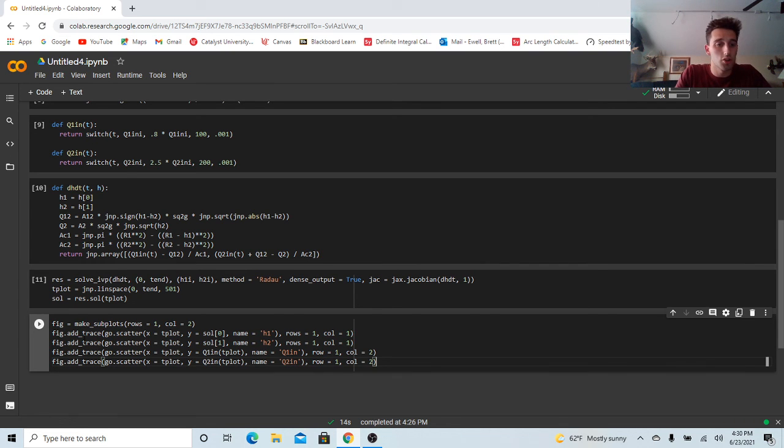So pretty much these first two, these that are highlighted in blue, are additions to the first plot, in which we are using the solution thing, and it's for the heights. But then these last two will be in the second graph on the right, because here we have them for row 1, column 2, which is the second graph on the right. So now if we hit Shift Enter,